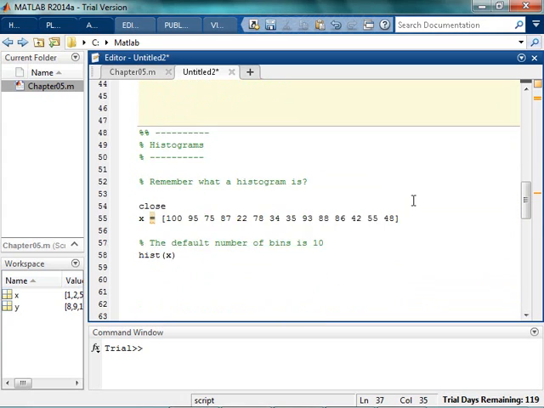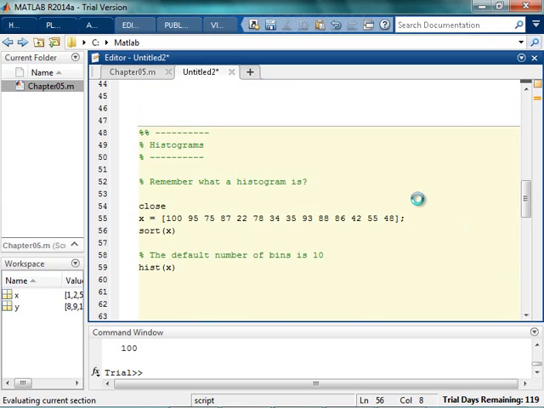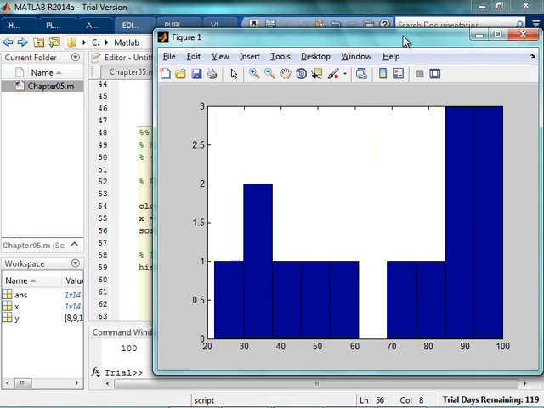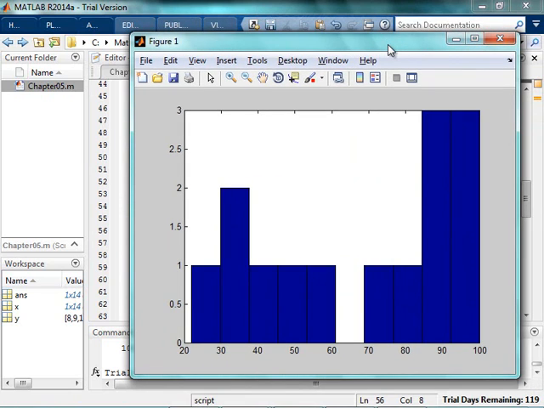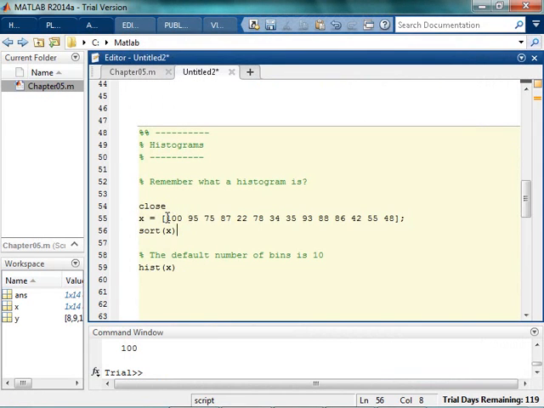The other thing you can do is histograms. Maybe you remember what a histogram does, but basically it's going to take data and sort it. Now it's going to pop up with the histogram. It's going to give you a quantity per bin. By bin, it's going to divide your data out into 10 sections by default. So if I had data starting at 0 and some more data here, looks like 10.